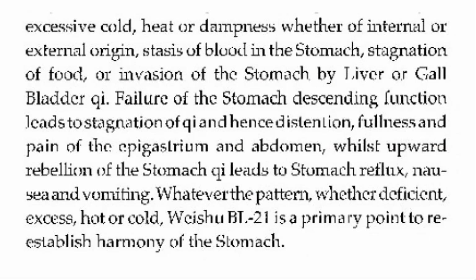Failure of the stomach's descending function leads to stagnation of qi and hence distension, fullness, and pain of the epigastrium and abdomen, while upward rebellion of the stomach qi leads to stomach reflux, nausea, and vomiting. Whatever the pattern, whether deficient, excess, hot, or cold, Bladder 21 is a primary point to reestablish harmony of the